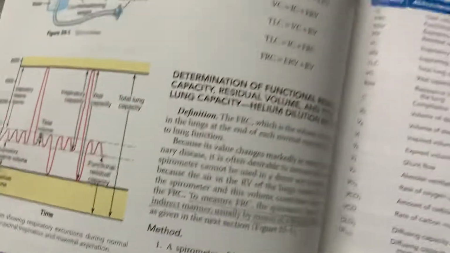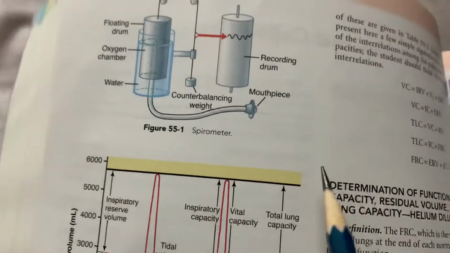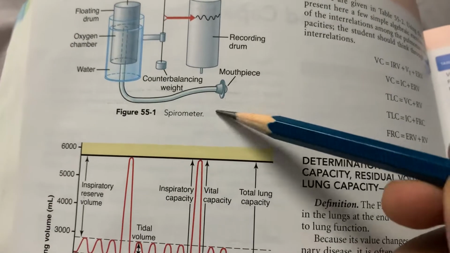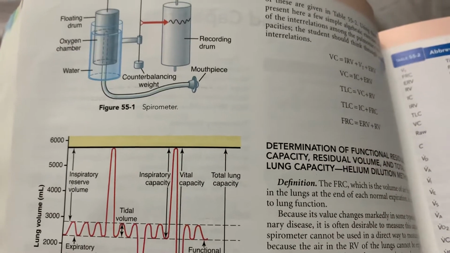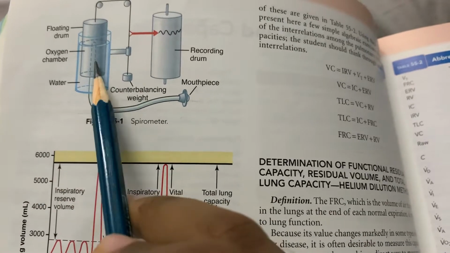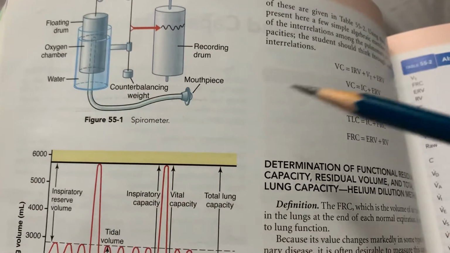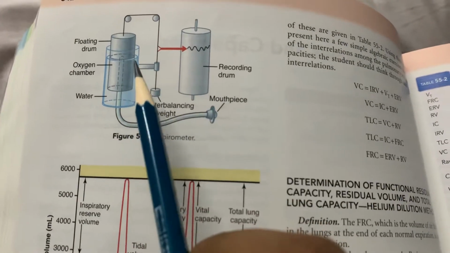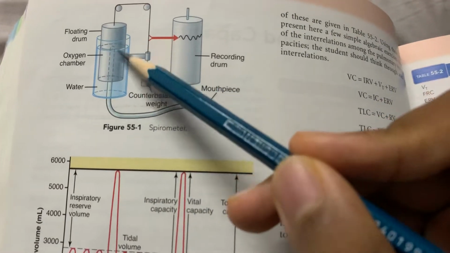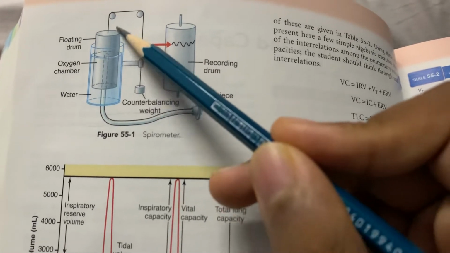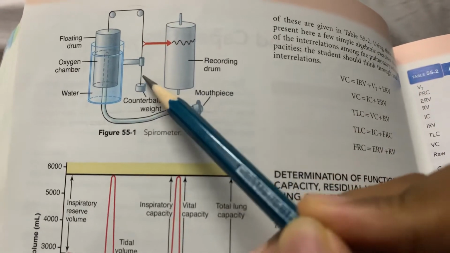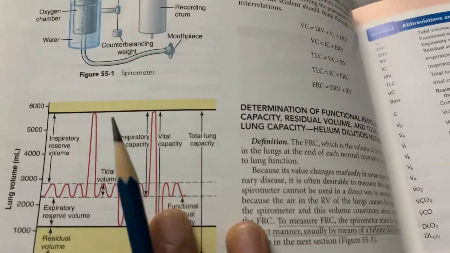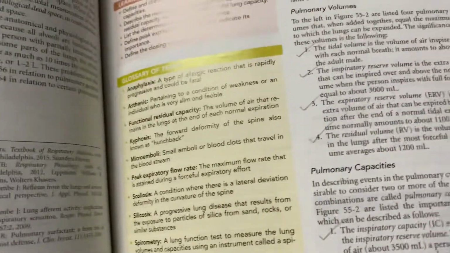So in this, you can see a spirometer. Basically, this is called the gas chamber. Through the mouthpiece, you inhale the air from this oxygen chamber and then you exhale into it, and then this floating drum, based on your inhalation and exhalation, floats over the water, and the upward and downward movement of this drum is recorded on the recording drum, and that is how you get your graph with different values of your